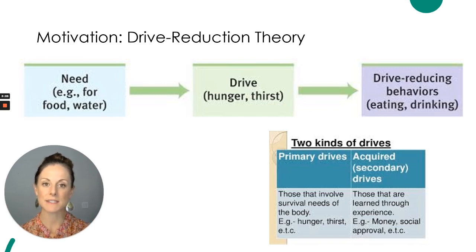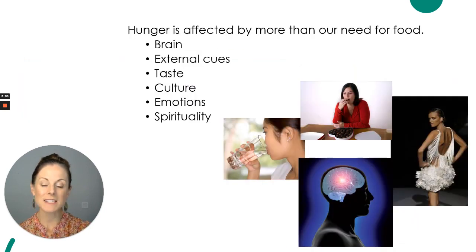So one of our assignments for this week is to think about behaviors that you engage in and try and plot them in this need, drive, behavior kind of three-box system. It does get a little bit more complex. So as you think about your own behavior and what motivates your own behavior, it might not always look this simple. And that's because if we take some very basic primary drive like hunger or the need for sustenance,